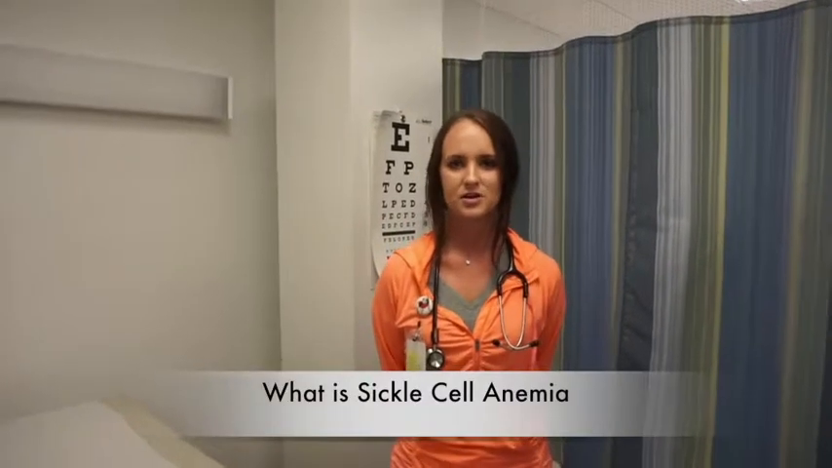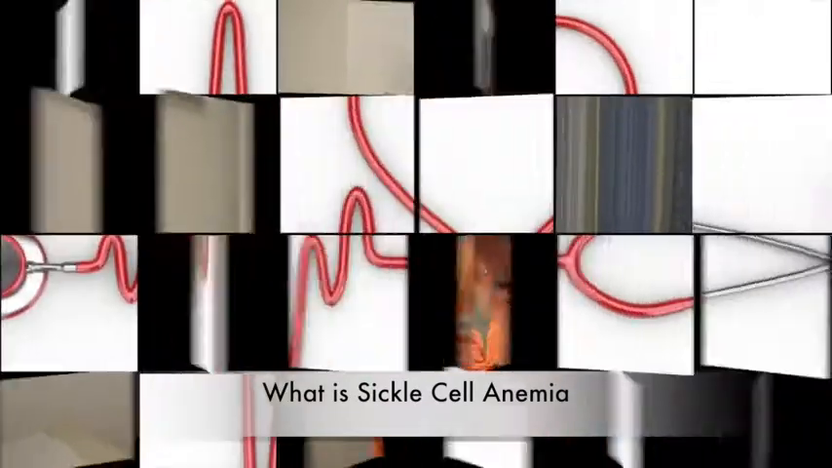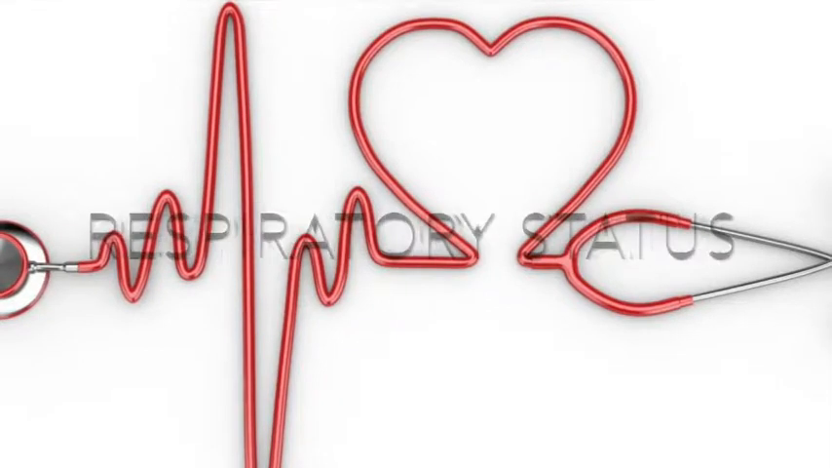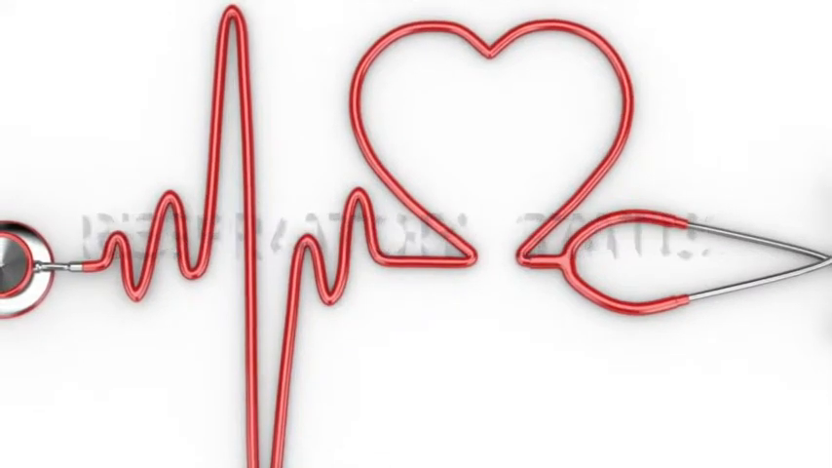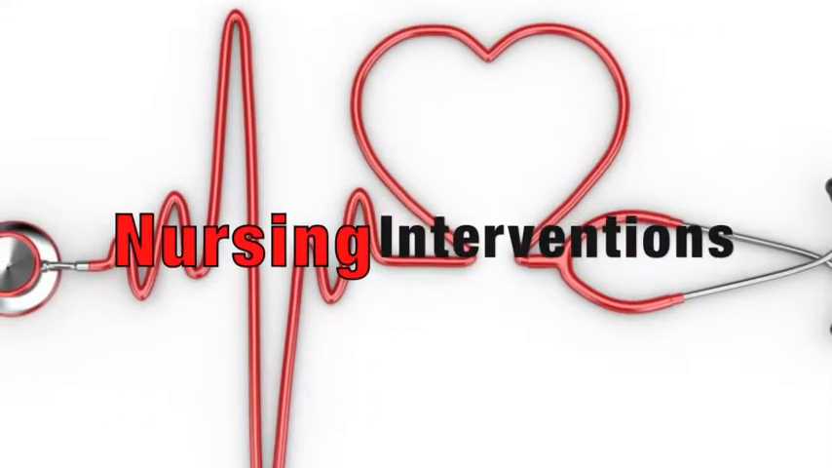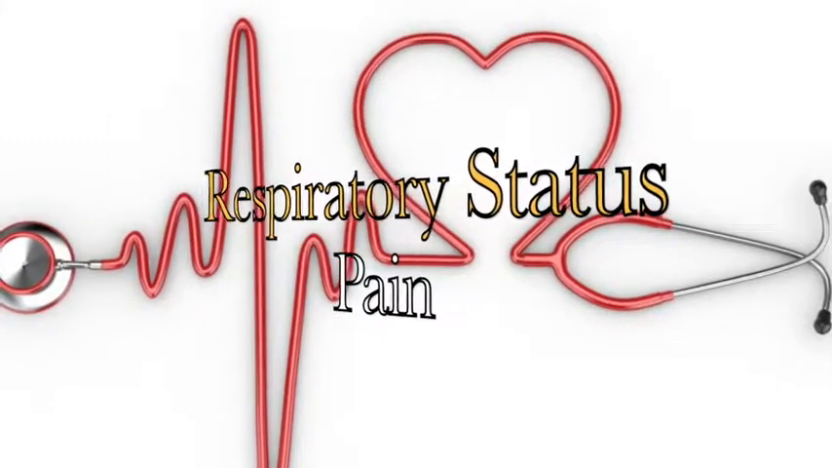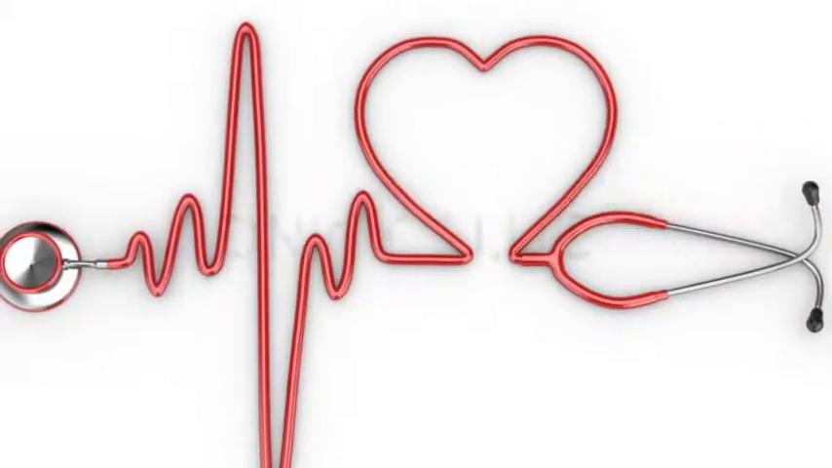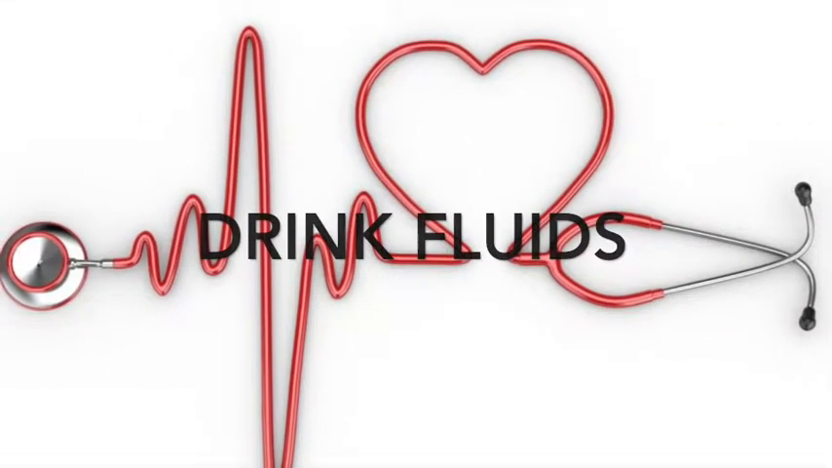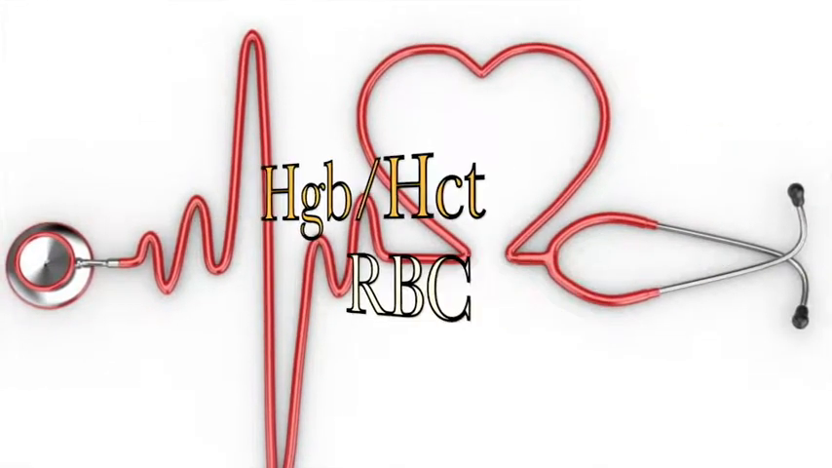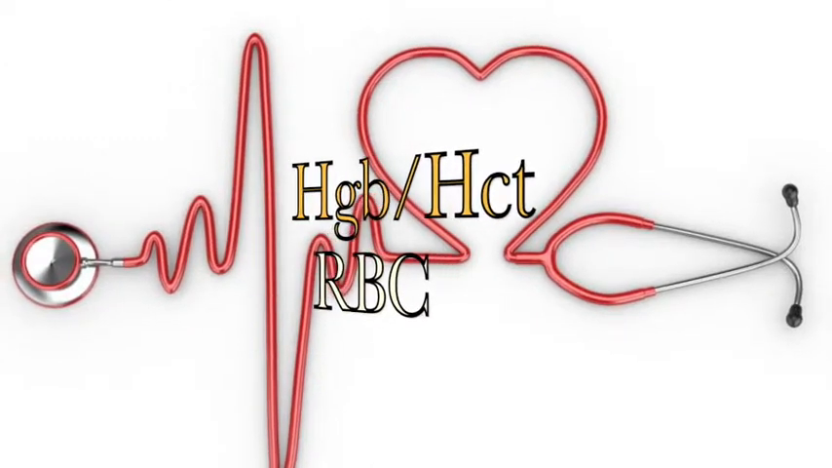Sickle cell anemia is a genetic blood disorder caused by an abnormal shape of the red blood cell. The priority nursing diagnosis for sickle cell anemia is impaired gas exchange. A few nursing interventions would be to monitor the patient's respiratory status, evaluate and manage the patient's level of pain, implement adequate fluid intake, monitor their hemoglobin, hematocrit, red blood cell counts, and reticulocyte counts, as well as provide supplemental